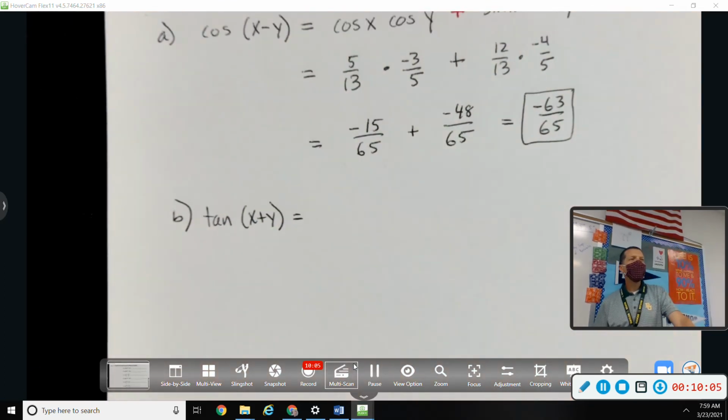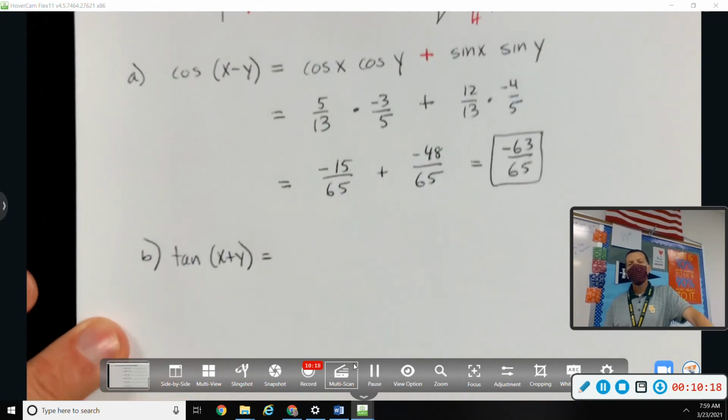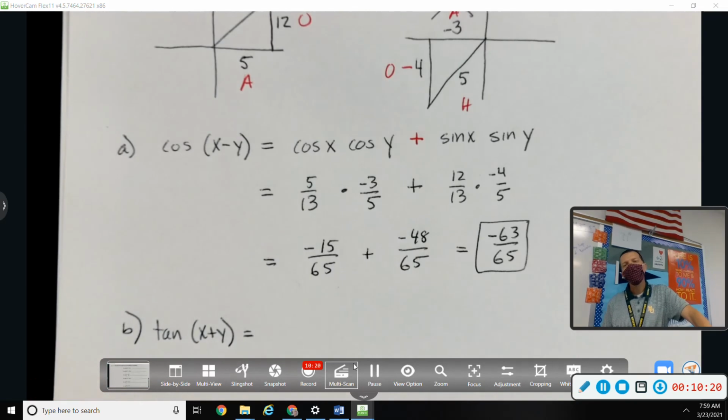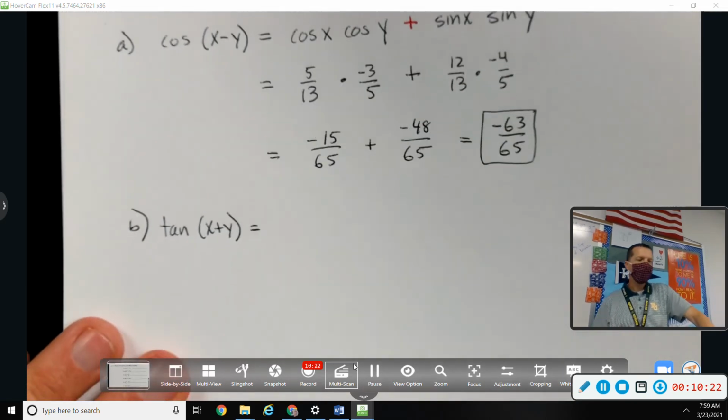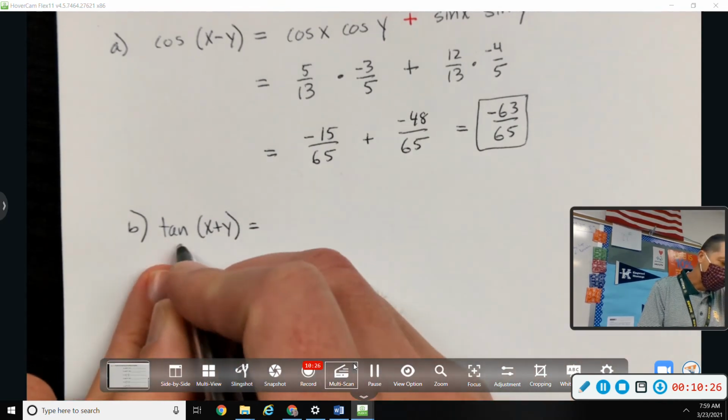Right? Off the same picture, let's do tangent of x plus y. So usually these problems have the pictures have 2 or 3 problems that go with them, just because we don't want you having to redraw for one problem. So you draw pictures and then you answer a couple questions, and then draw 2 more pictures and answer a couple more questions. All right, tangent of sum,